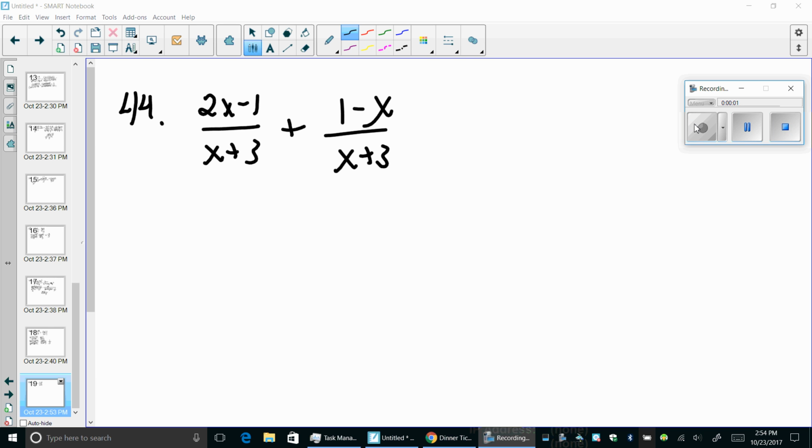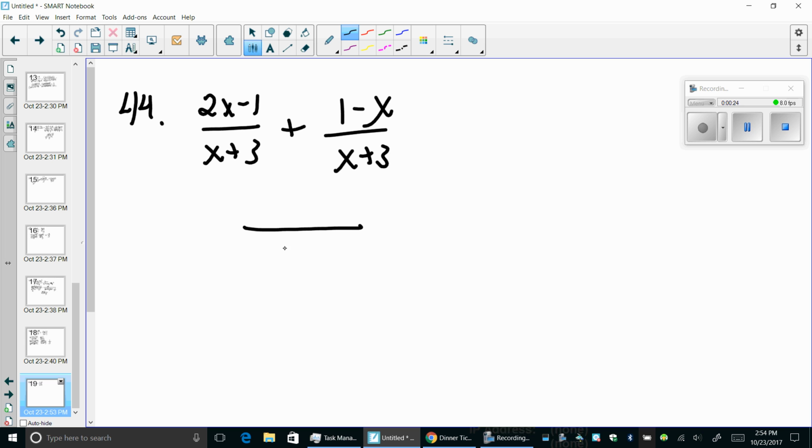Okay, now adding and subtracting rational expressions, and this is probably more difficult than multiplying or dividing or just simplifying, because you have to have the same denominator in order to add and subtract. You have to make sure that if you're subtracting, you subtract everything in the second term. So there are some places where people make common errors, but in problem 44, these have the same denominator, so